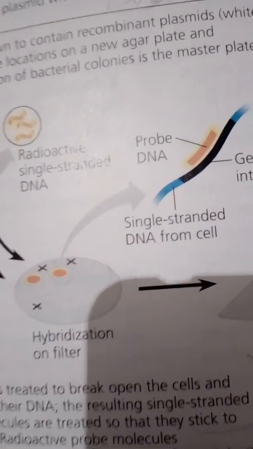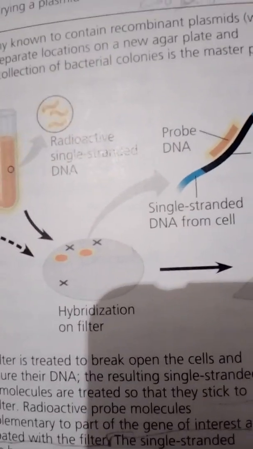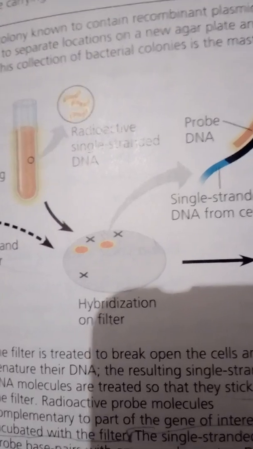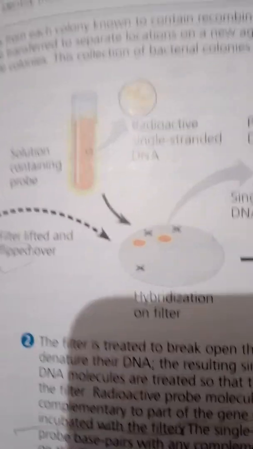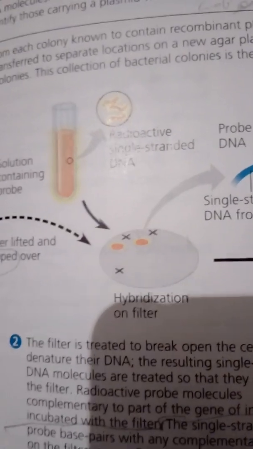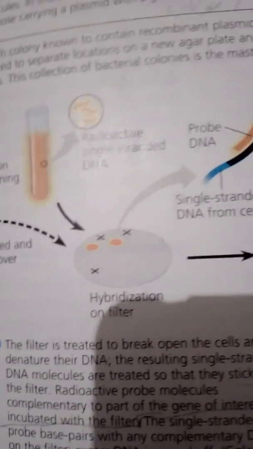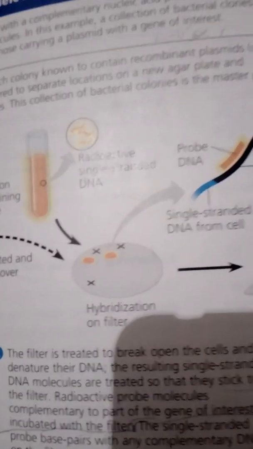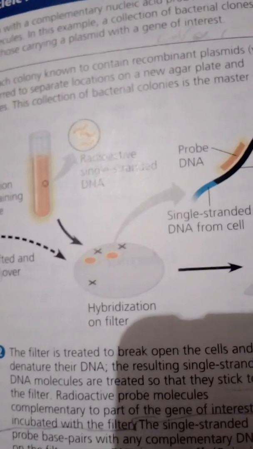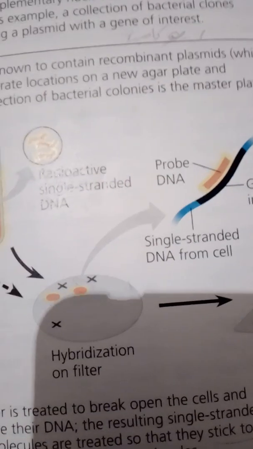For example, we could transfer a few cells from each white colony in this figure to a spot on a new agar plate and allow each to grow into a new colony. This figure shows how a number of such bacteria colonies can be simultaneously screened for the presence of DNA complementary to a DNA probe. An essential step in this method is the